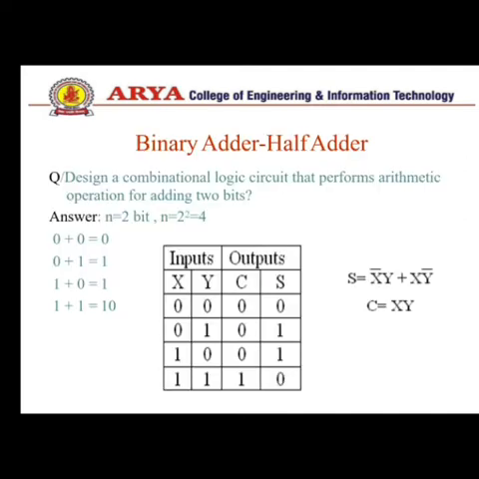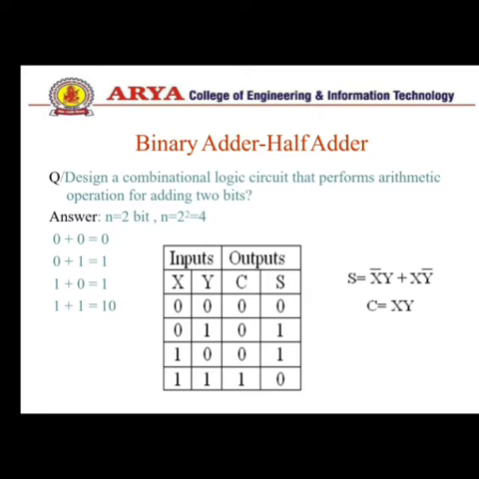Now we come to the topic of half adder. In this video we are going to explain only the half adder and full adder, which come under binary adders. We know that a half adder is a circuit designed to add two single bit binary numbers x and y. It is the basic building block for addition of two single bit numbers. This circuit has two outputs, carry and sum.